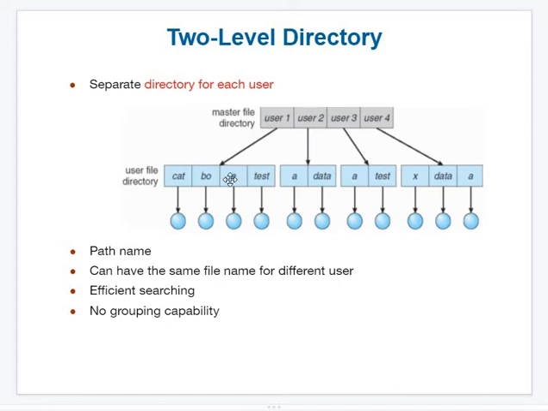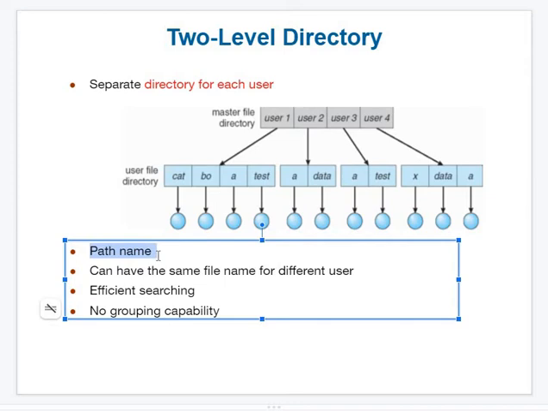So if user 1 changes something in F1, it is not reflected in user 2's A, user 3's A, or user 4's A, because their A copy is separate for them. For the computer there is the same file called F1 four times, but they correspond to different users. So one advantage is we can have a more specific path.